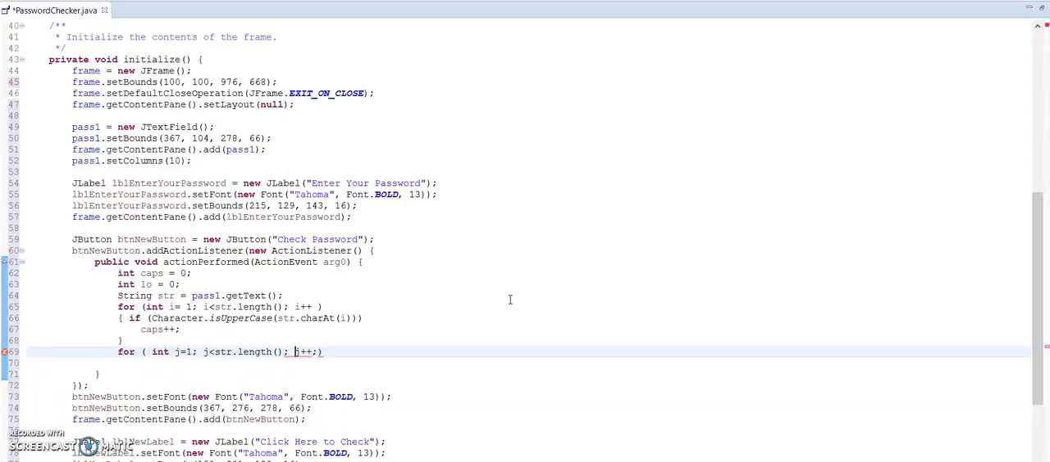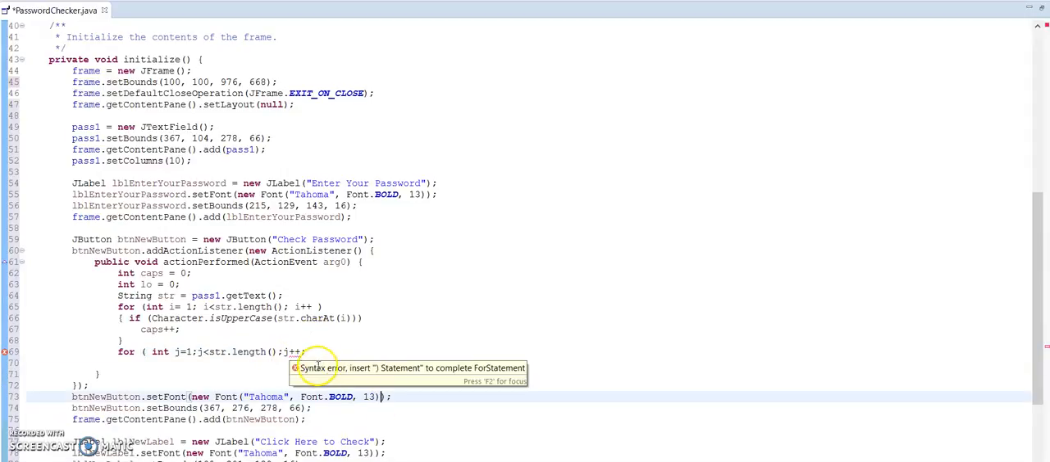I don't see a problem here. Why is it telling me that I have a problem? Mismatch error, misplaced token. Okay, let's see. j plus plus. Okay. Why is the token misplaced? j is a string. And let me just stop the recording for a minute and figure